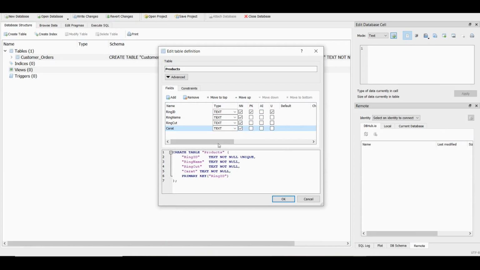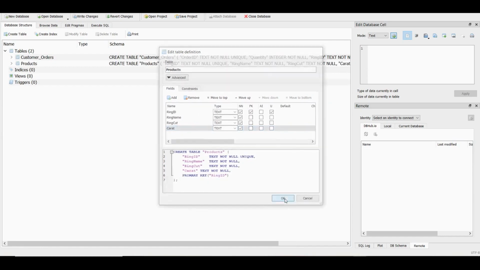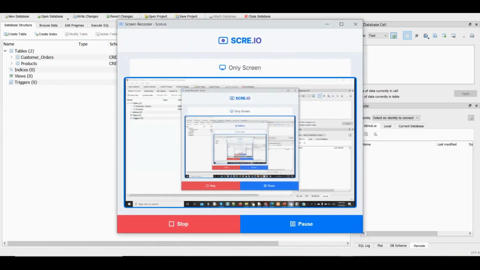So once you finish with all of that, you do not set anything as the foreign key. This is just the primary key. And then the other one is the one you set as the foreign key, which is the ring ID from the other table. This one you just put as OK. And once you put this as OK,